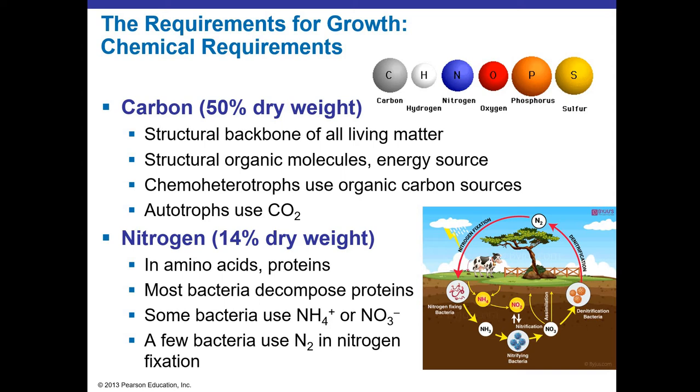Nitrogen, on the other hand, is about 14% of dry weight. That's still pretty high, and if you think about the fact that cells are mostly proteins, then again that makes sense because nitrogen is found in proteins and the building blocks of proteins, amino acids. Most bacteria can easily decompose proteins, and that's why they are a major decomposer of anything that is a protein-based material. Some bacteria even use nitrogen in the form of nitrates and ammonia,